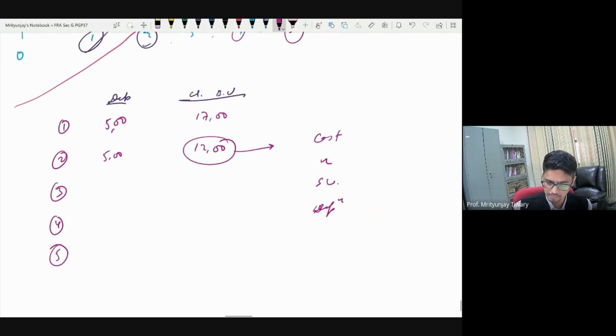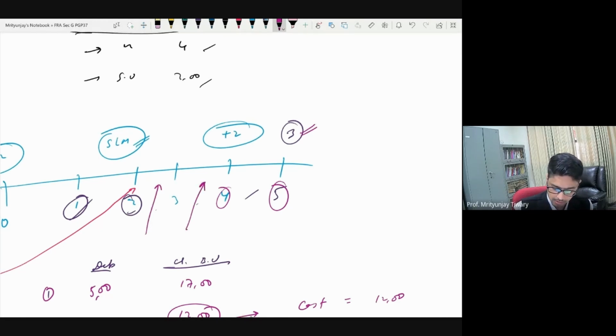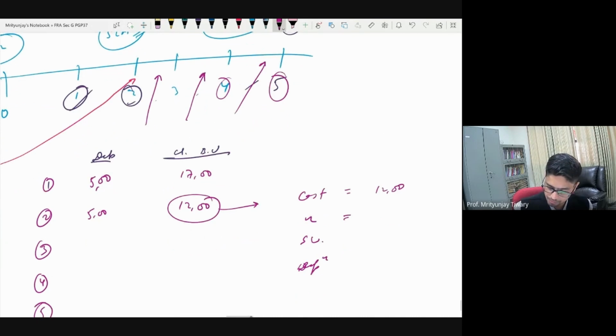So what is the cost of this asset? We have already said that 12 lakh is what we started year 3 with. When we started year 3, we had the value of 12 lakh left in the asset. What are we assuming the remaining life of the asset is? Remaining life of the asset is 3 years: this year, year 3, year 4 and year 5. So 3 years of life is left instead of only 2. Salvage value is also 3.